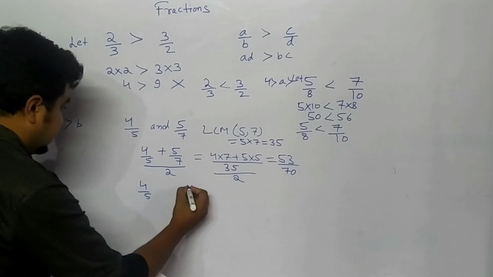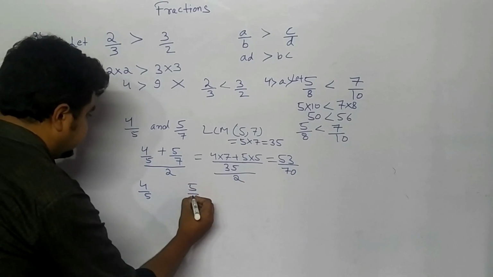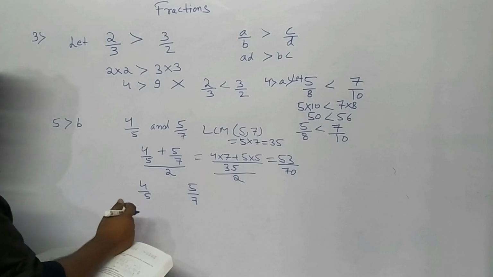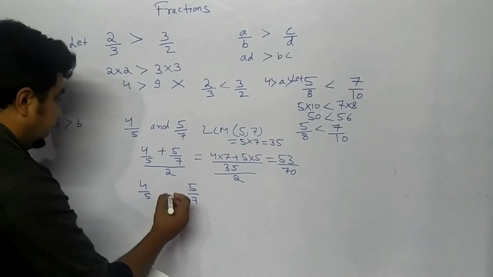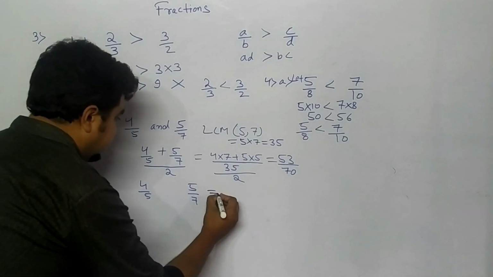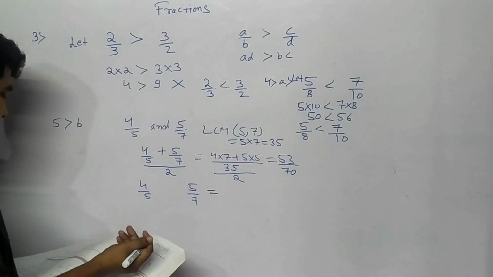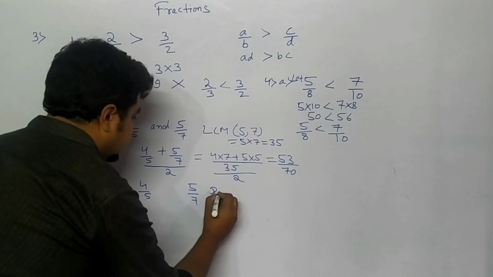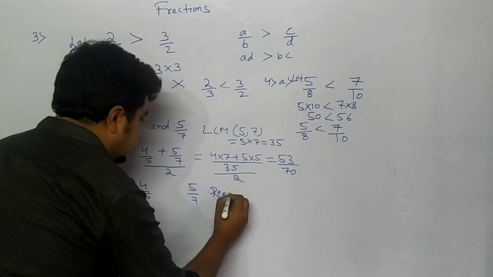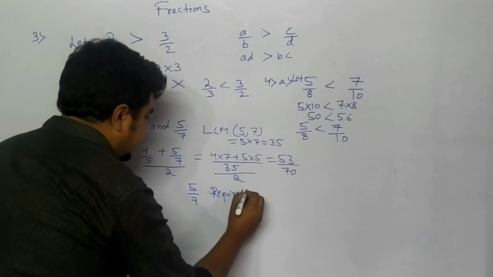You have to just find which number lies between 4 by 5 and 5 by 7. These two numbers, you have to insert one number, meaning you have to find which number is present between them. Then what will you write here? The required fraction